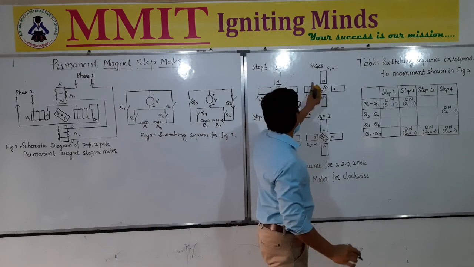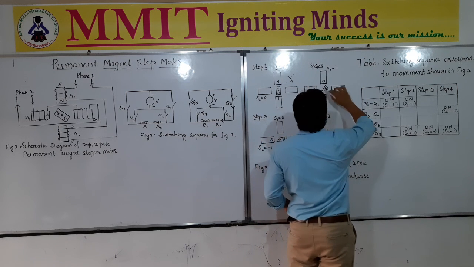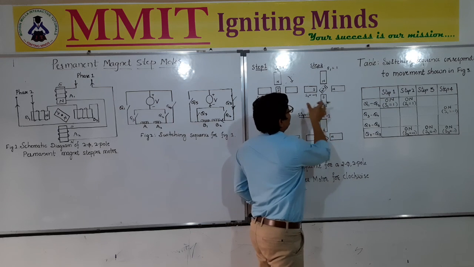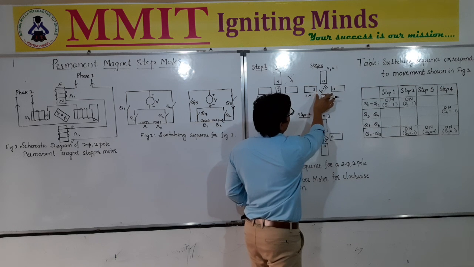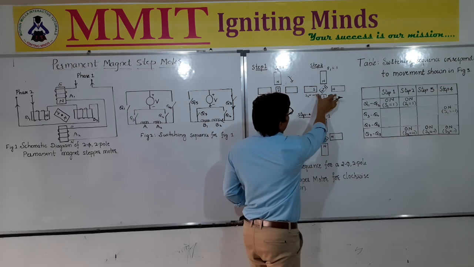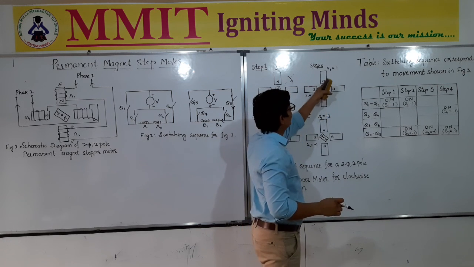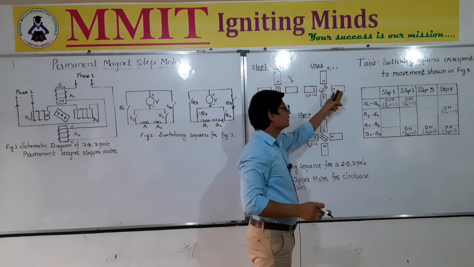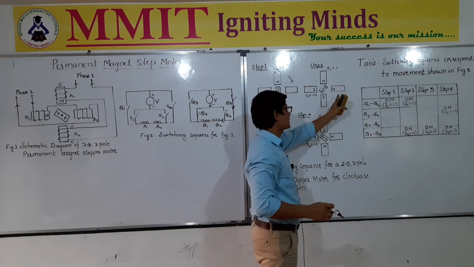Therefore this is going to get aligned. Now it has rotated by 45 degrees and it has come to this particular position in the second figure, you can see. Now next we want to make it aligned in this particular position. So we have to adjust the supply to the windings again, so that we get the alignment here. If this pole and this pole are switched off, automatically this south pole will get attracted towards north and it will hold in this horizontal position. That is the next step.